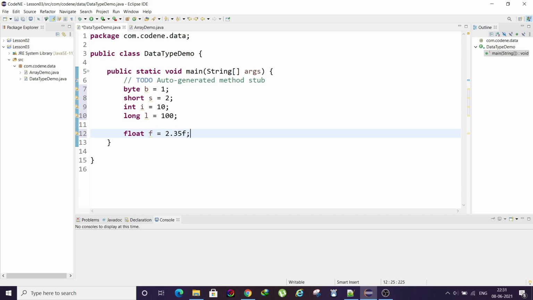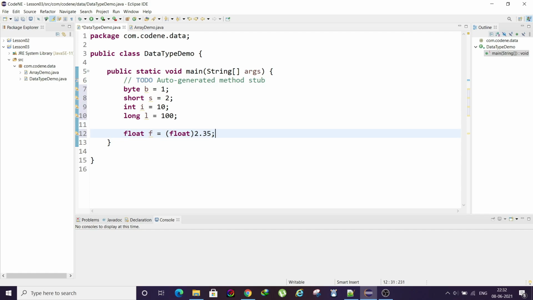this variable f. Another way of doing this is simply typecasting it like this. Casting is another topic, but just to give you a basic idea, you have two different data types, and the process of converting the value of one data type into another data type is called casting.